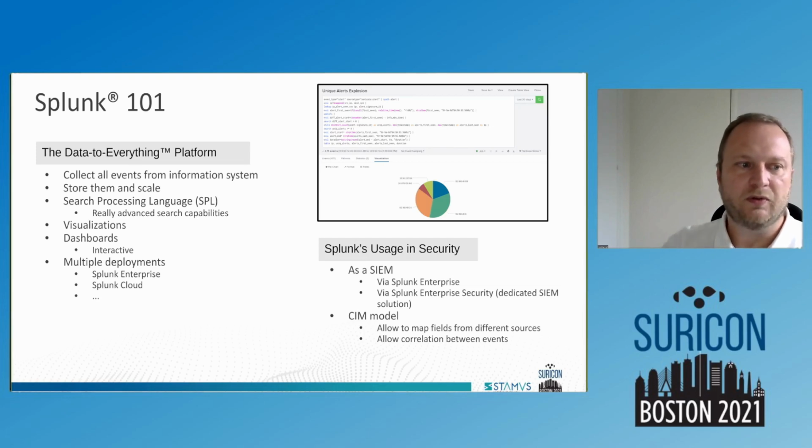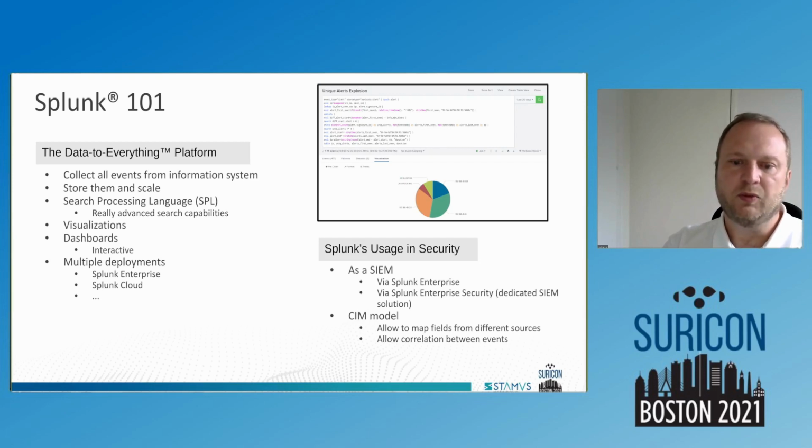Splunk comes with some visualization, some dashboards, and it's available in multiple deployment styles. You can use it in your company or organization with Splunk Enterprise, and you can run it in the cloud. Splunk is heavily used in security.